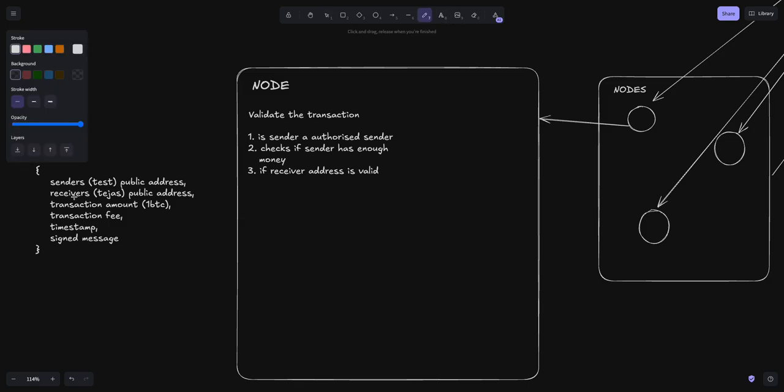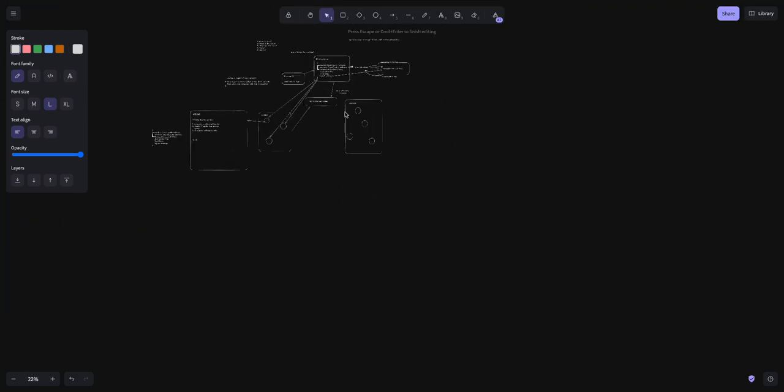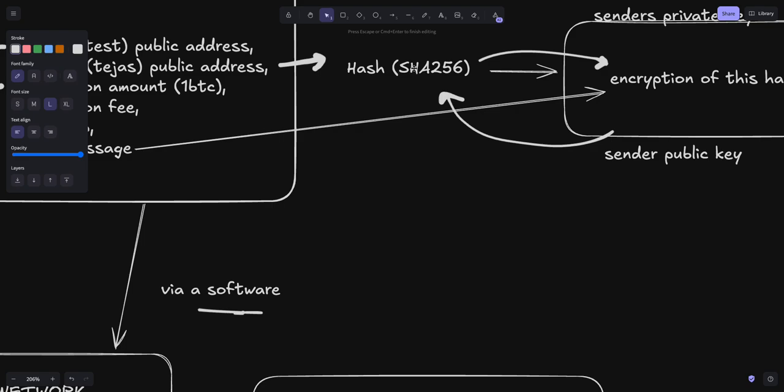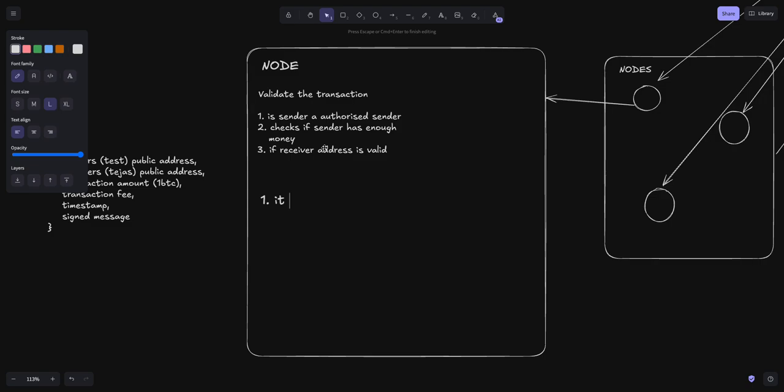It is nothing but the hash of all three, and hence it is decrypted, and then it is encrypted, and that is what the signed message is, right? So all of this data. The first step the node does is, see, how was the hash created in the first phase? If you remember, how was the hash created? The hash was created with SHA-256, right? SHA-256 is available all over the internet. The node also does the same thing. It creates the hash with SHA-256